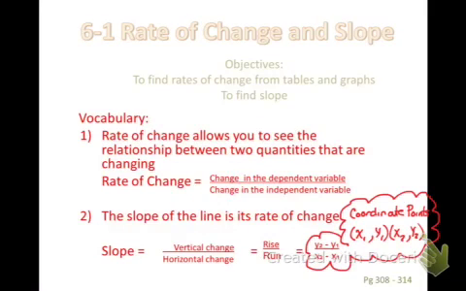Today's lesson is rate of change and slope. Our objectives today are to find rates of change from tables and graphs and to find the slope. Today is more or less going to be how to look at a graph with a line and figure out its slope by looking at the graph, and then also by doing the mathematical part of it with just looking at two coordinate points. The rate of change allows you to see the relationship between two quantities